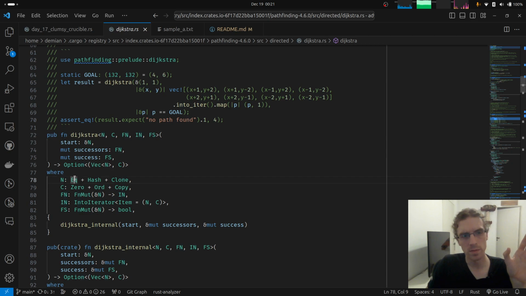It still puts some restrictions, like it requires them to implement Eq, Hash, and Clone,